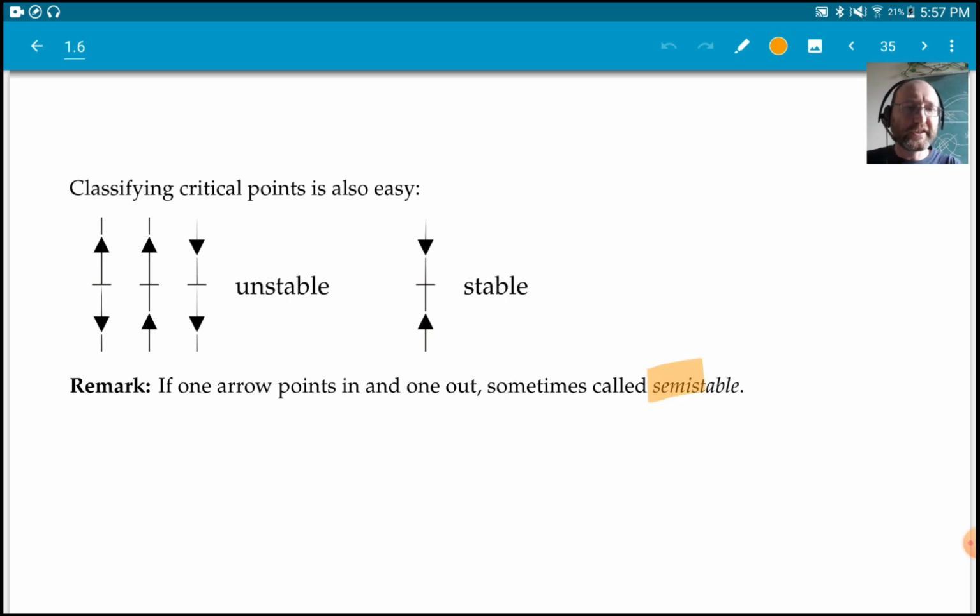So this is just that remark about terminology. Sometimes these unstable guys are called semi-stable because, well, they're sort of like half stable, right? All right. Now,